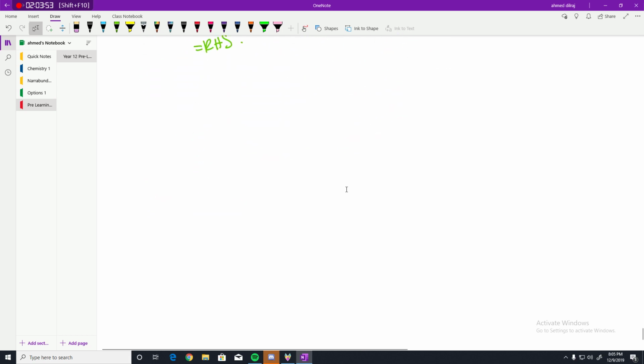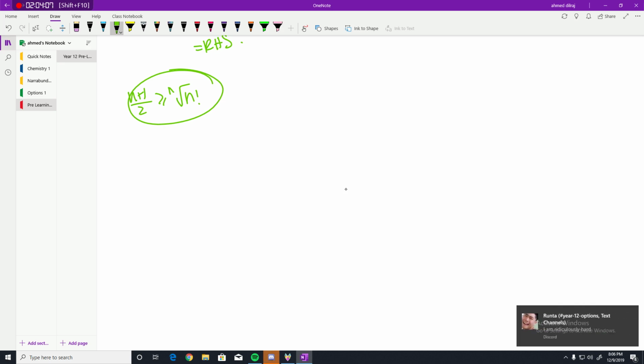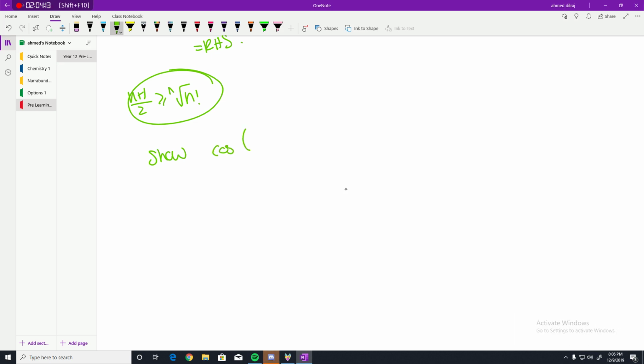One last one. This one took me, so everybody knows about that n plus 1 on 2 is greater or equal to nth root of n factorial, right? That was the one that I gave, and it took me like, I don't know, 10 minutes. This one took me about an hour. So, show cos pi on 2 to the n is irrational for all n element of integers. Okay? So, if you guys want to stay and try this, I'll go through the solution at the very end